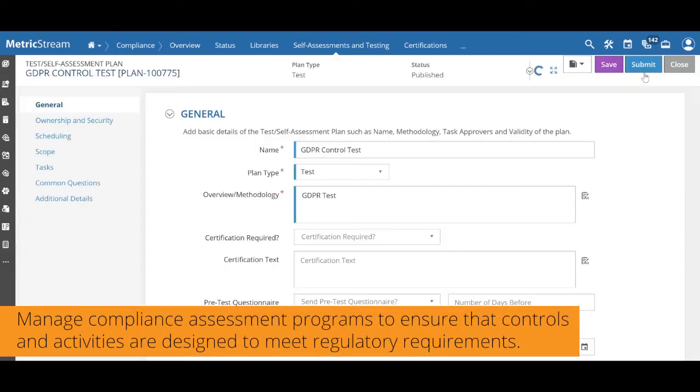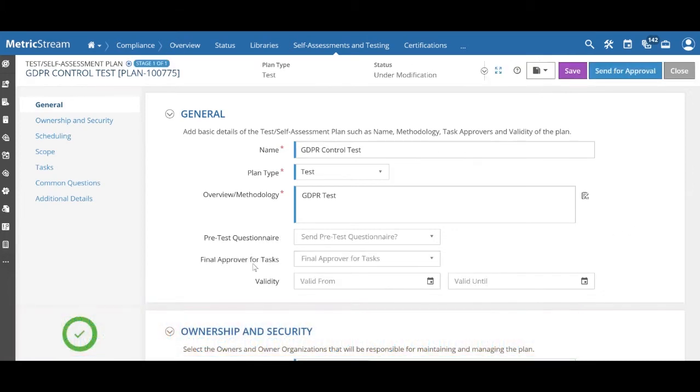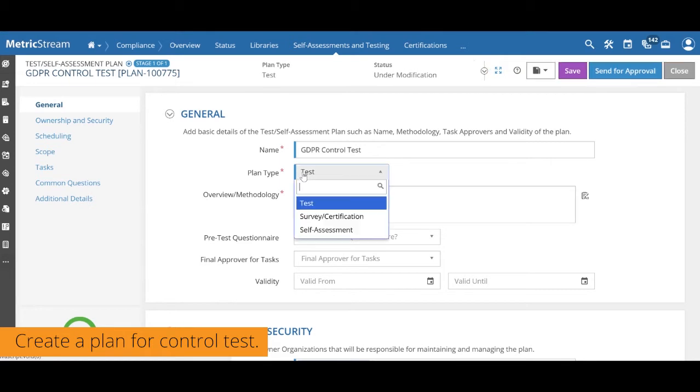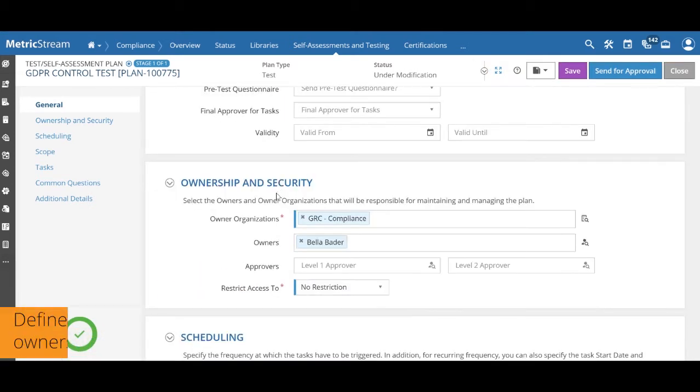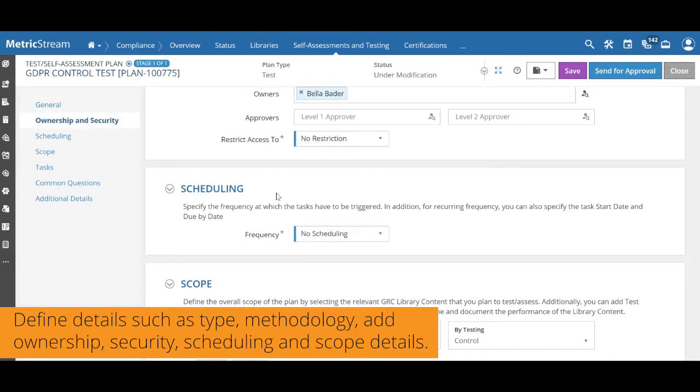to meet regulatory requirements. To plan for a control test, we need to create the plan first. Add the general information, select what type of test it is, add ownership and security, and what type of scheduling we want for this plan,